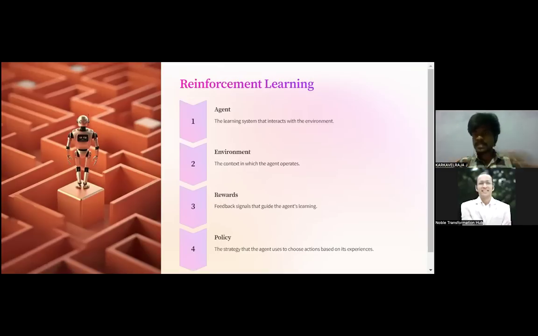So in simple terms, as a definition, reinforcement learning means an agent acts upon the environment. Based on its action it gets either a punishment or a reward, based on a set of policies. That's it. Just remember the Super Mario game whenever you think of reinforcement learning. Okay, sir, over to you.